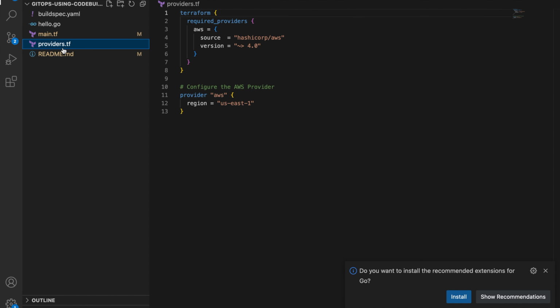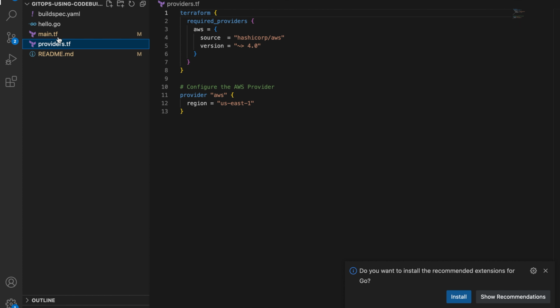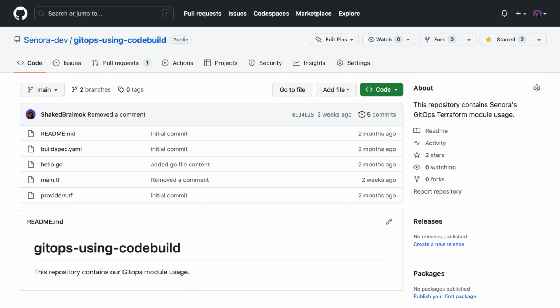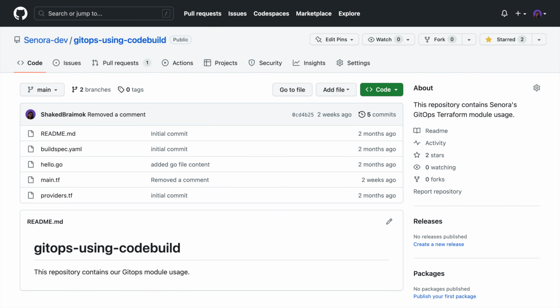We need to define the AWS provider settings because we want to create AWS resources from the AWS provider. So I have created a file named provider.tf. Actually, you can call it what you want, but the file suffix should be .tf. By the way, the files are in the GitHub repository, and there is a link in the description of this video. So feel free to collaborate on the repository